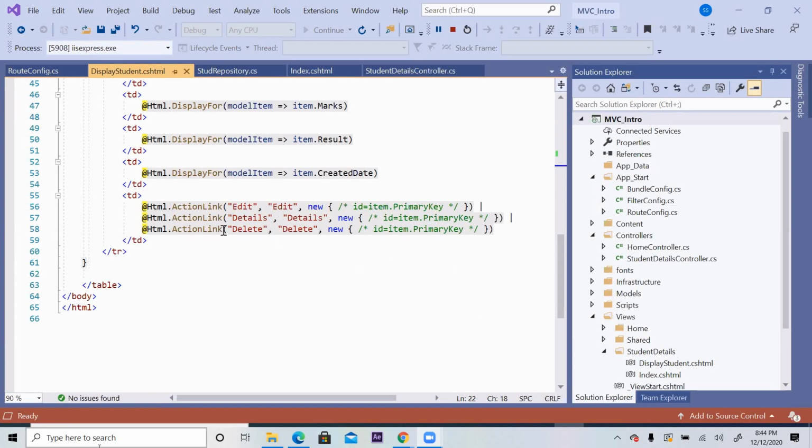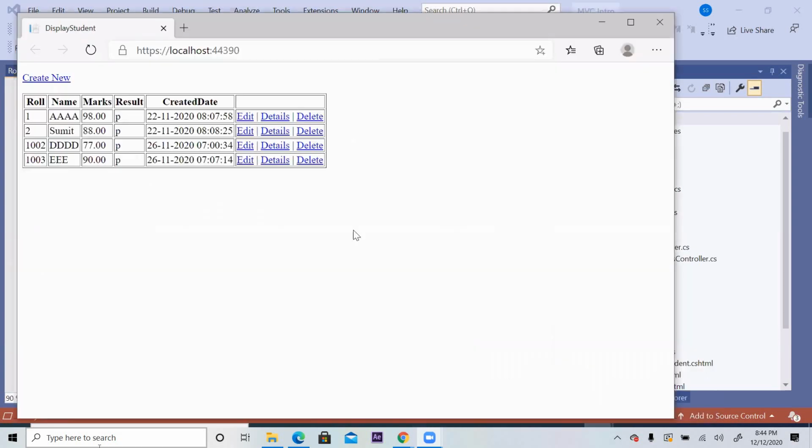Just to see, it gave you some hyperlinks, that's it. If you want those operations, you have to do something. So what is that something? It is CRUD operation. Even Create New, can you see at the top of the page? Just to see, it has written. If I click, it will show an error. It will say, hey, nothing has been written behind this.